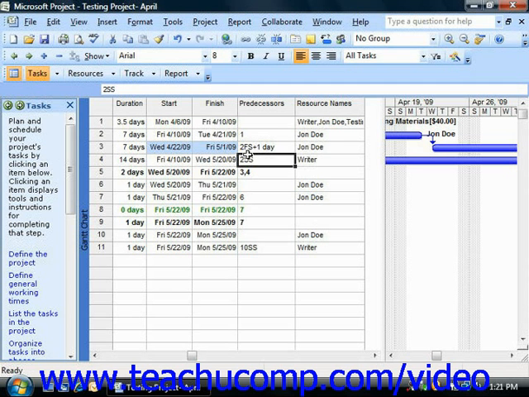A flexible constraint, which is used for task scheduling by default, allows for tasks to be scheduled without any date-restrictive limitations, with the exception being the starting or ending dates of the predecessor or previous and successor tasks within the project file. So when you use a constraint type such as as soon as possible, or ASAP, you're using a flexible